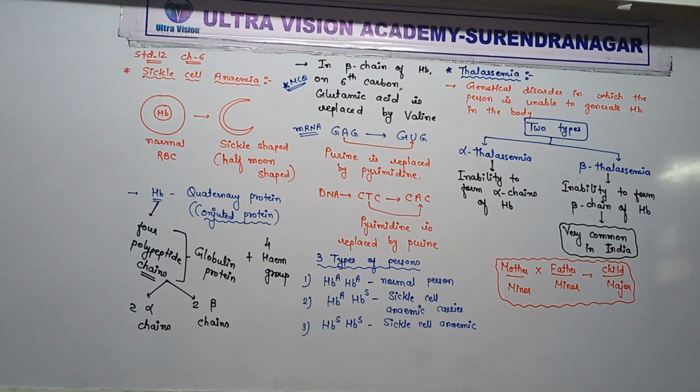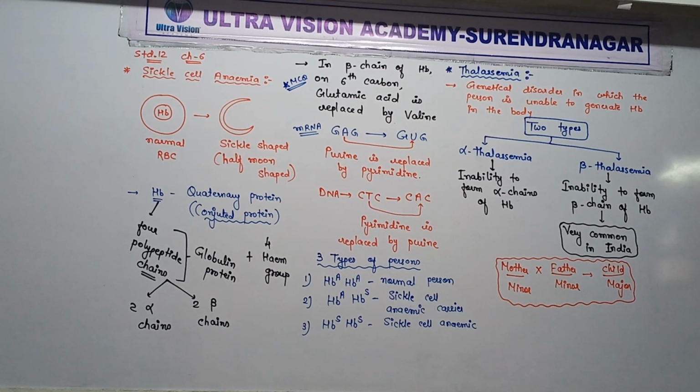Fine. So please remember that the HbA1, HbA2 genes from each parent on the 16th chromosome and the HbB gene on the 11th chromosome are affected. Fine. So there are two types of thalassemia. Now you tell the answer.